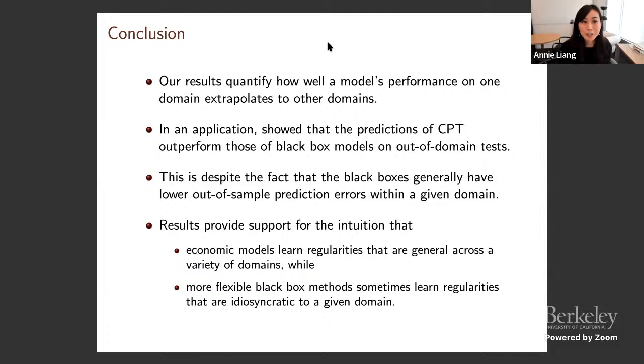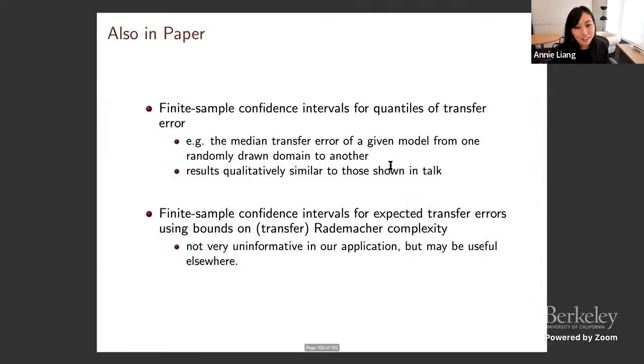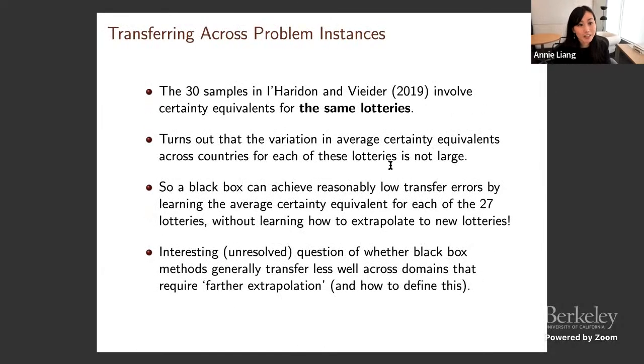Okay, that's a very interesting and somewhat provocative comment. So okay, let me say 2 things in response to that. So the first is we're not trying to conclude black boxes are worse than economic models. Okay, we certainly don't have that. That's way more sweeping, right? We have that in a specific application. It looks like CPT, a specific economic model, does better than 2 specific black box algorithms at this transfer prediction task, right? So we see the contribution of this paper, not as saying that, not as providing a definitive ranking